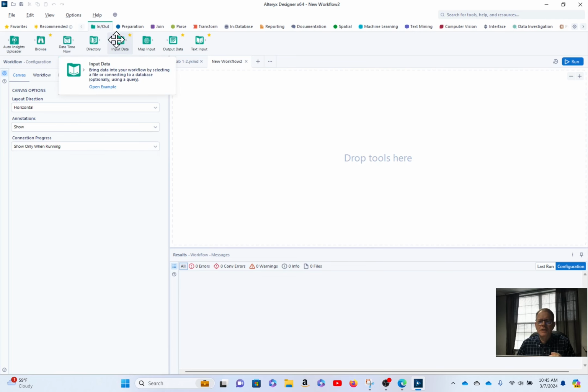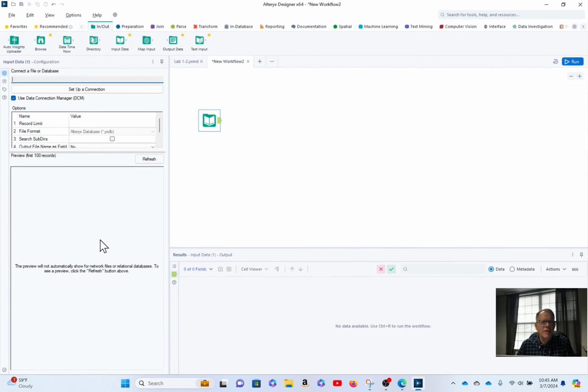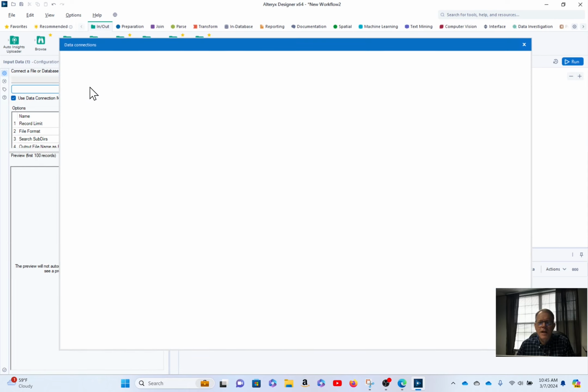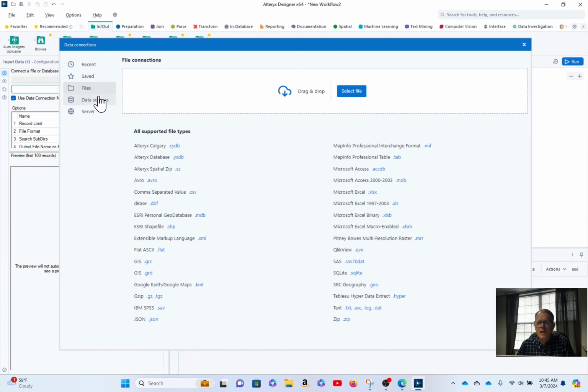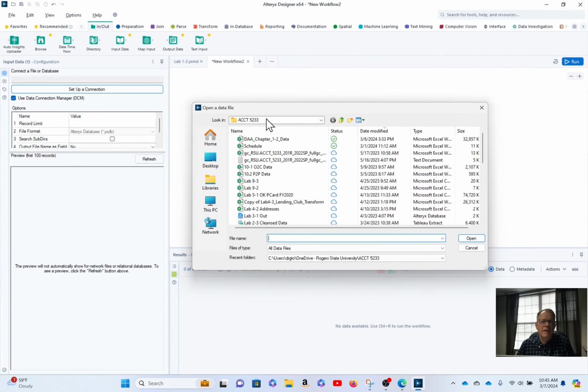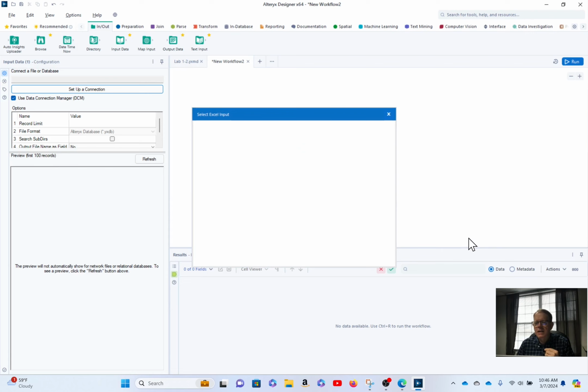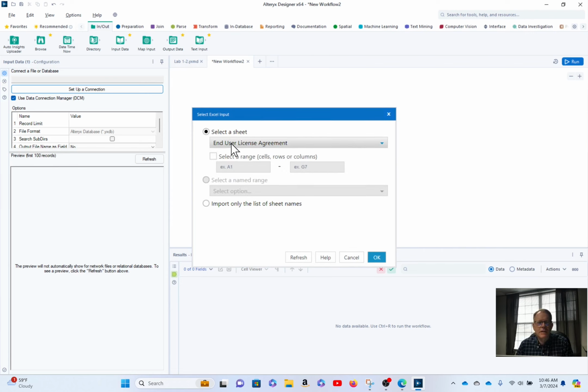So just to illustrate, you click and drag onto the blank canvas here, and you do a setup connection. You can go to files here, and then you can navigate to your data file. So if you've been provided a data file from a homework assignment in Connect, you can just download the data files that we've got. And this is that Lab 1-2 data file. You can just click that, and you've connected to Excel,